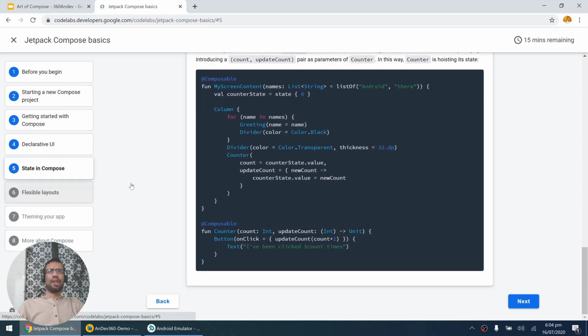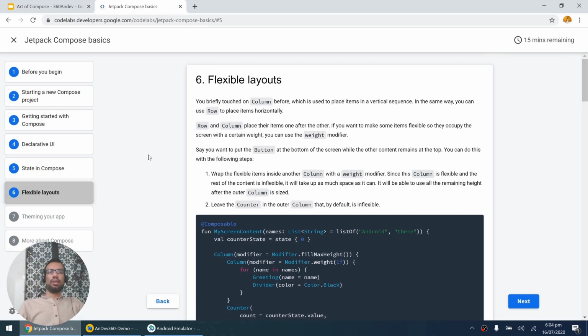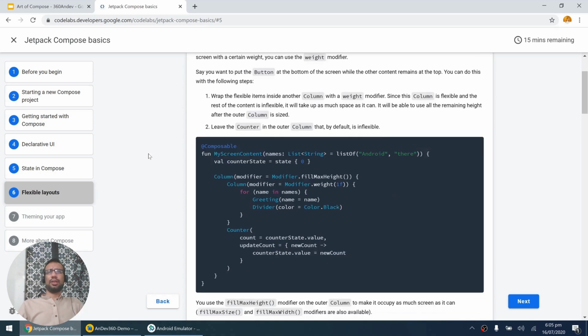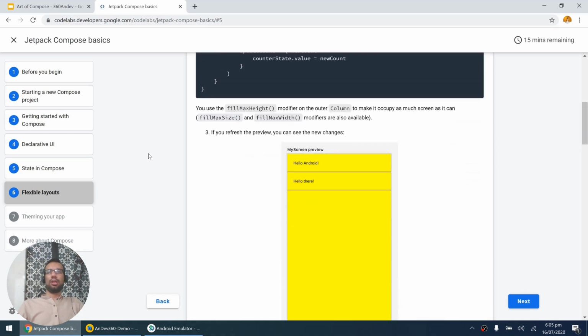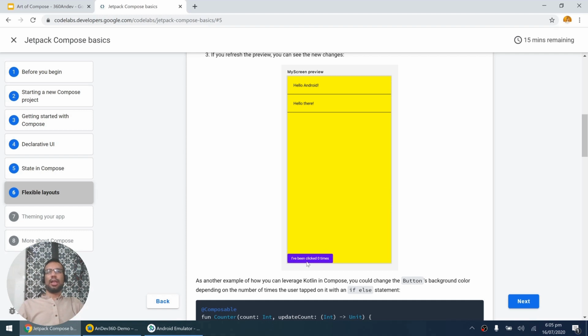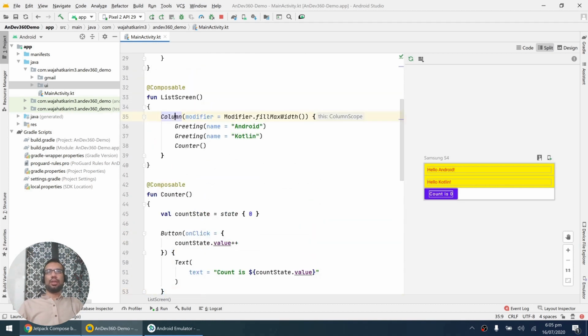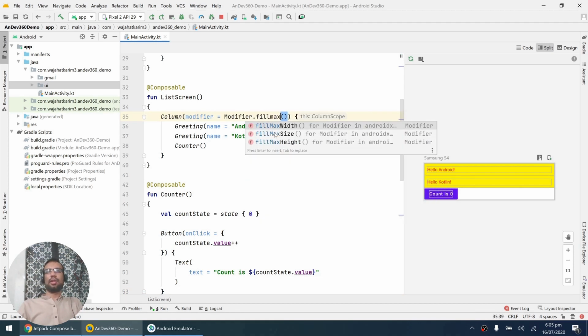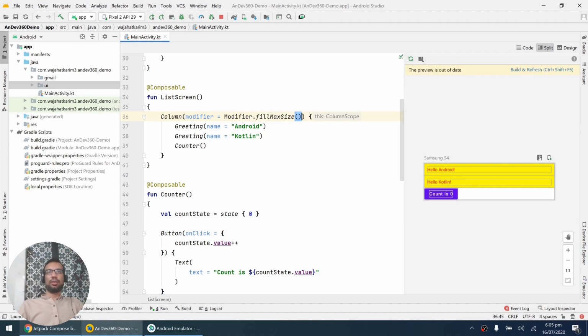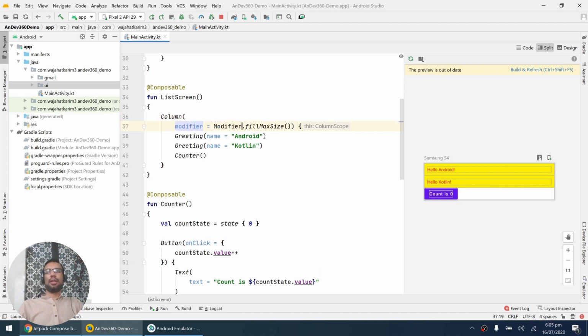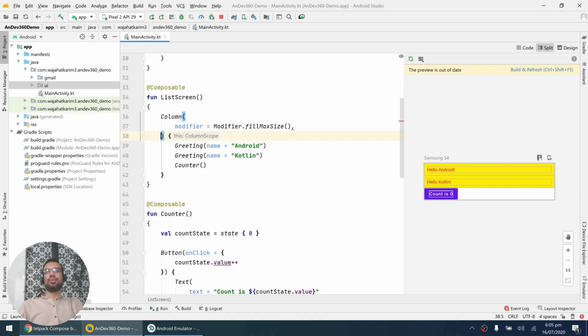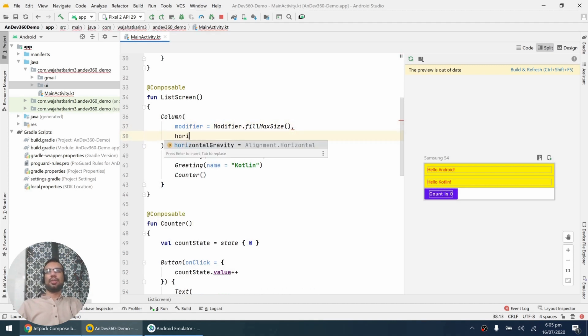So let's move to the next part, and it's about flexible layouts. So flexibility means what kind of stuff we can actually do, and what kind of layout we can actually create. So for example, if we have to move our button below the layout on the screen, then we can very easily do it. Like we will start from column. So column has fill maximum width, so instead I will say that this should include both width and height, that means maximum size. And then I will also have to indicate how the elements will be horizontally